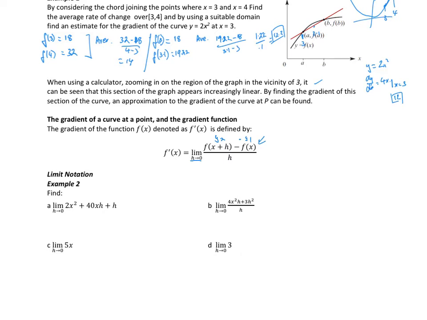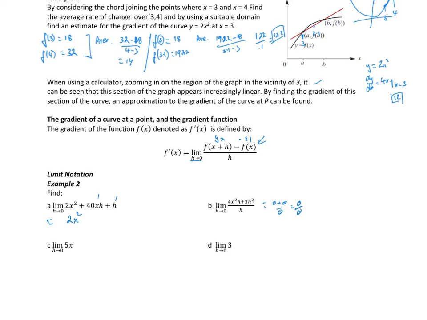All right, in terms of just evaluating limits, in short, we just substitute 0 in for h. And the only times that becomes an issue is if it leads to a 0 in the denominator, or we get 0 over 0. And that's when some simplification can take place. For example, in A, if I just substitute h equal to 0, the last two terms become 0. So I just get 2x squared. That's fine. If I put h equal to 0 here, I get 0 over 0. Now, if I get 0 over 0 form,